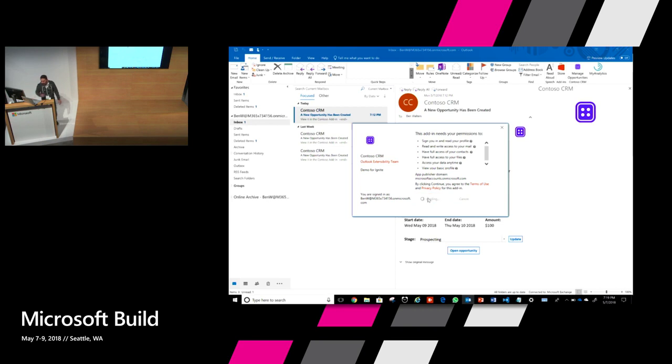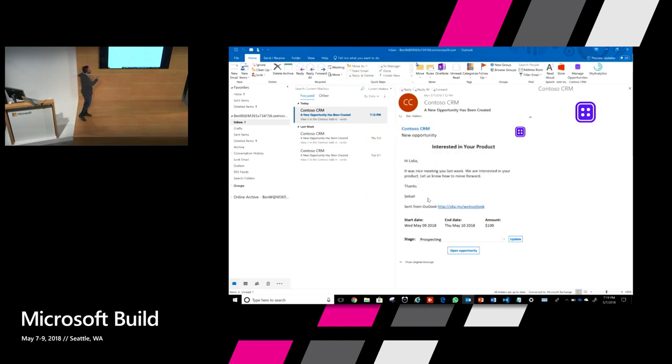So I click continue. Now what's happening is that the add-in is taking these scopes and writing that to the Azure Active Directory app that it had created earlier. So now the Contoso CRM backend app has the permissions to make these operations on the user's behalf. But there's still one step remaining, which is that now the user is asked for the username and password. This is the scenario where Contoso CRM is using something other than Azure Active Directory for their authentication system. If they were using AAD, they wouldn't be seeing this login prompt.